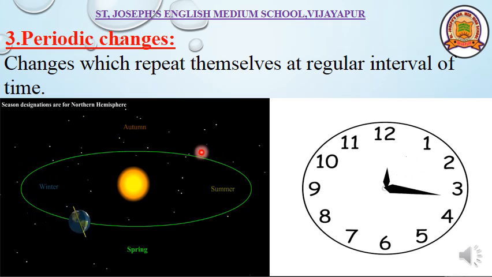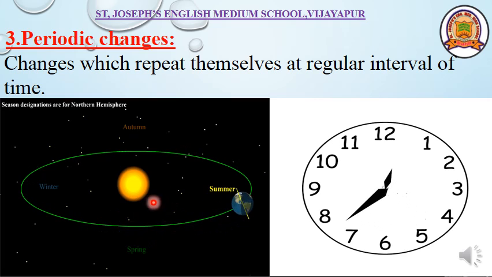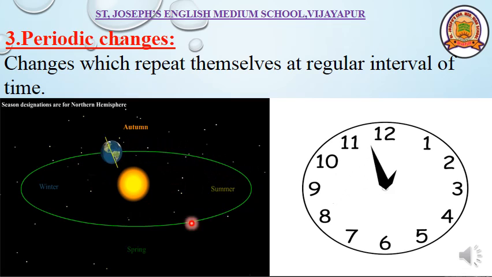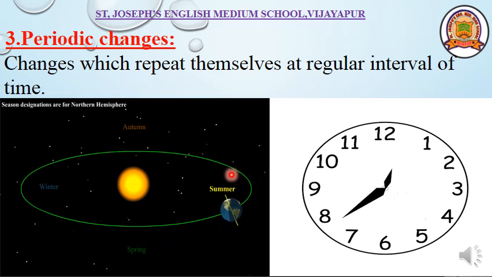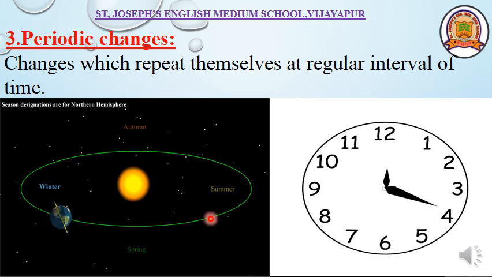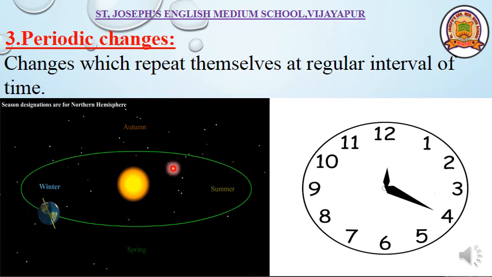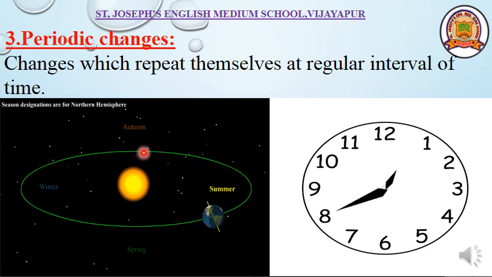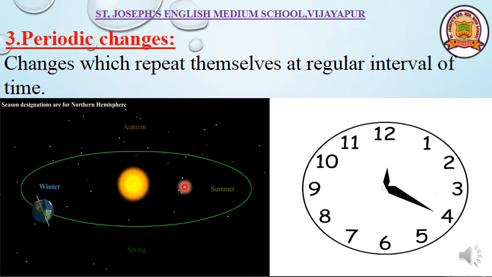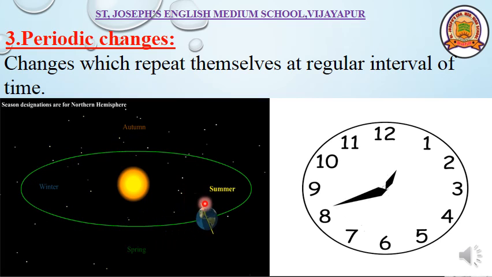Okay. Rotation of earth causes day and night. So, we have 12 hours day and 12 hours night. Whereas a revolution means making a big circle, completing this orbit around the sun. It takes 365 days, okay, to complete one circle around the sun. That is called revolution. Revolution of the earth causes different seasons.